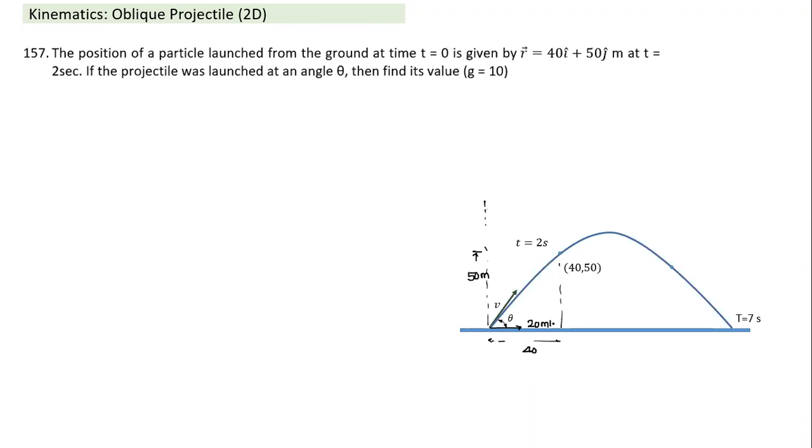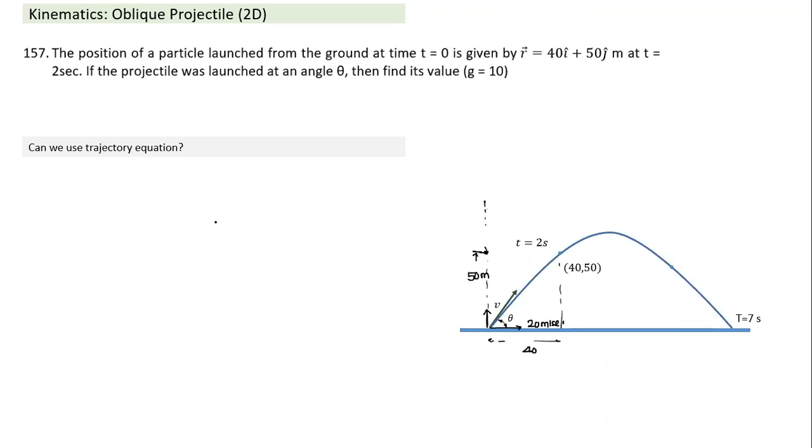Now it becomes a question of vertical projectile. What has to be the velocity of projection so that in 2 seconds it has a displacement of 50 meters? Is it easy to calculate? What has to be the initial speed of projection so that the displacement in the y direction is 50 meters in 2 seconds? That's one way I can solve. The second way of solving the question would be, okay, average velocity has to be 25 and has to vary by 20. We can solve both ways.